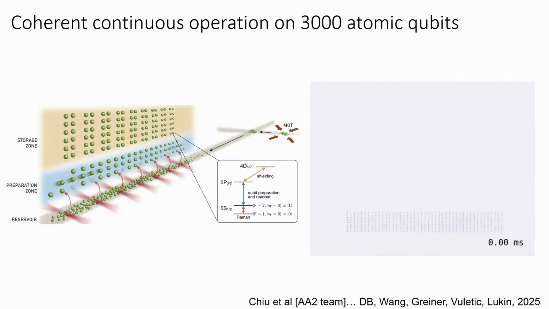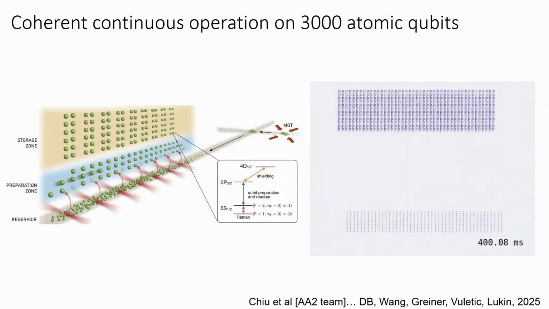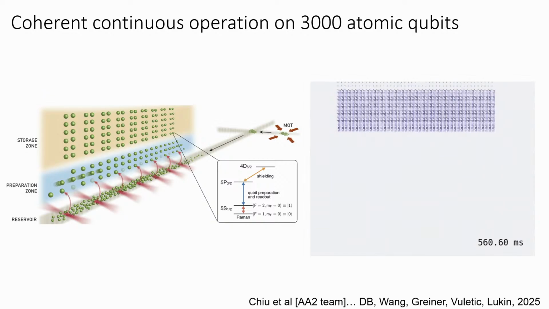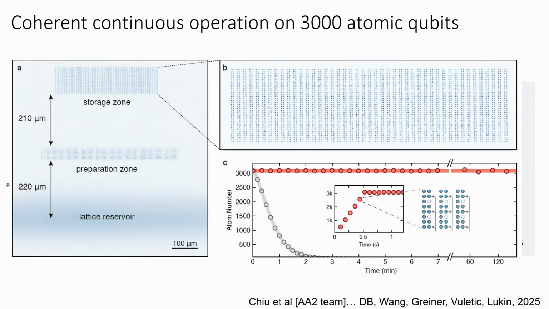Also, in work that was spearheaded by this so-called Atom Array 2 team that worked very, very hard on these results in the Harvard lab, we explored how to do continuous operations for much, much longer times, on the scale of up to hours, where here, building large arrays piece by piece and continuously maintaining an array while also being able to preserve coherence.